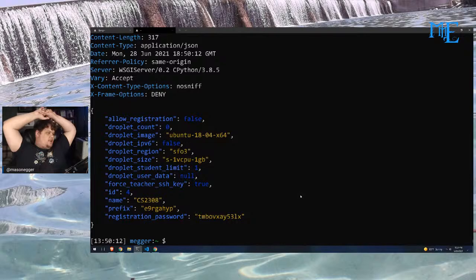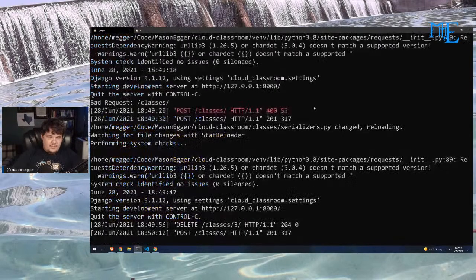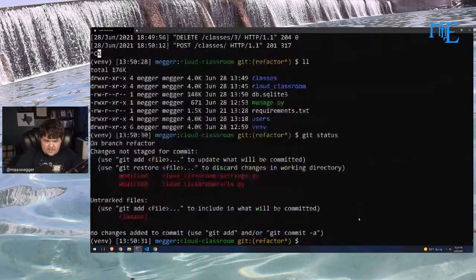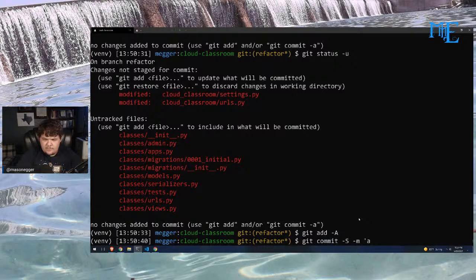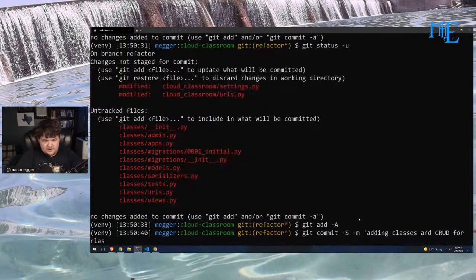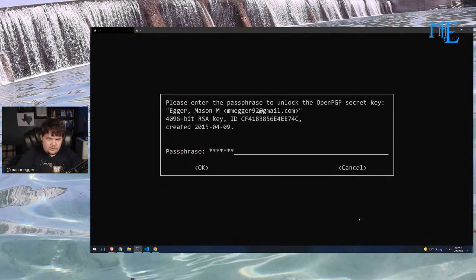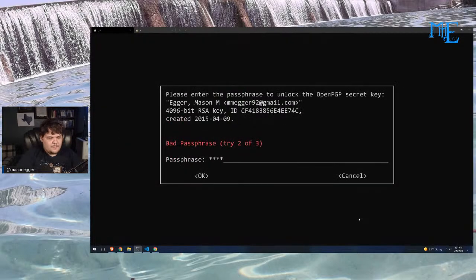And I think that's where I'm going to call it today. I think that's a pretty decent stream. We've got class creation going. Let's go ahead and just commit this real quick. Git status -u. Yeah, that's what I wanted. Good. Everything there that's getting added doesn't look terrible. Git add -A, git commit -s -m, adding classes. We're going to say adding classes and CRUD for classes. There's still a couple of things I want to be able to do, like associating a user with a class, which might be why